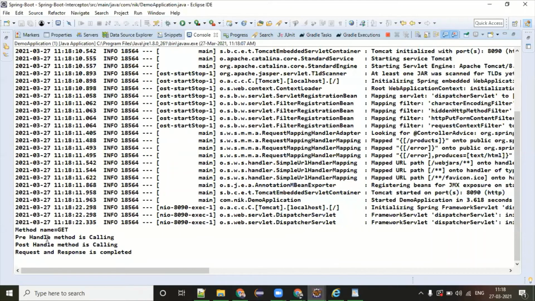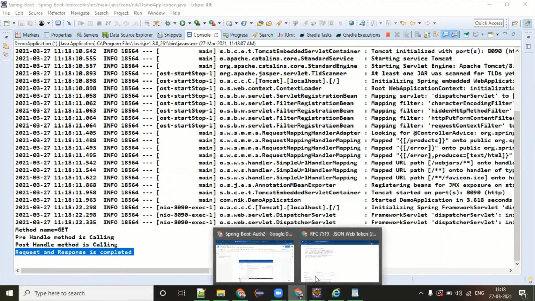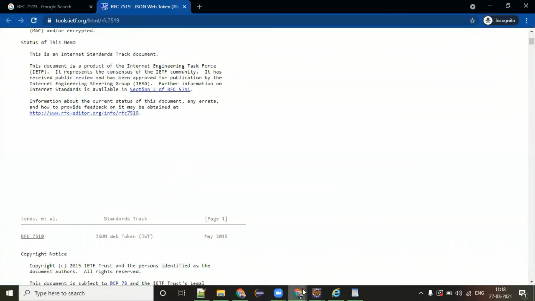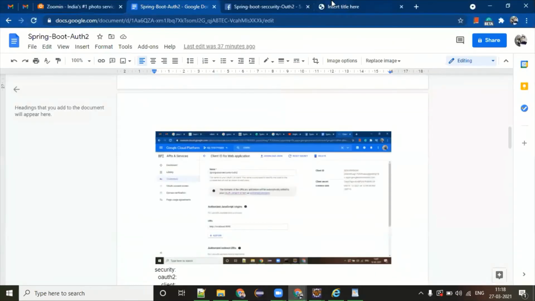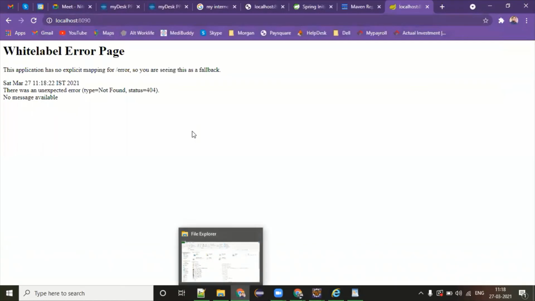Look at this. Method name is get, pre-handle is calling, post-handle method is calling, request response is completed. Because when you are hitting the home page, that is also one of the requests, and by default it is a get. Yeah, so that is the reason you can see here. Yeah, it is coming.